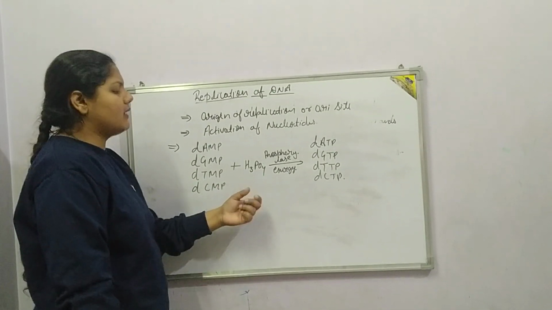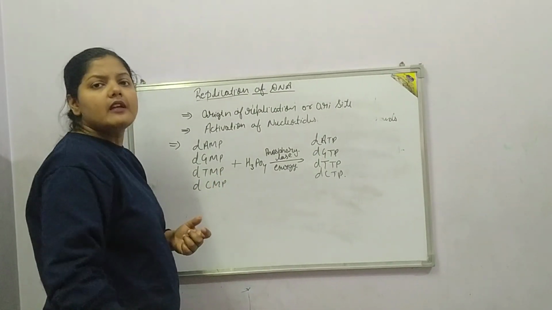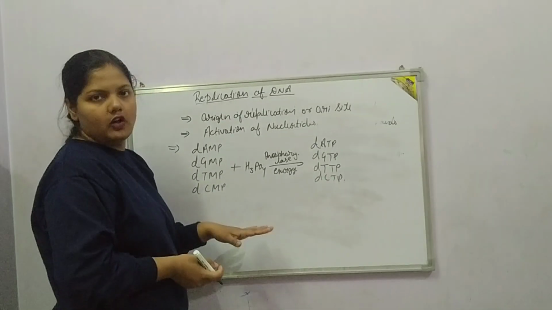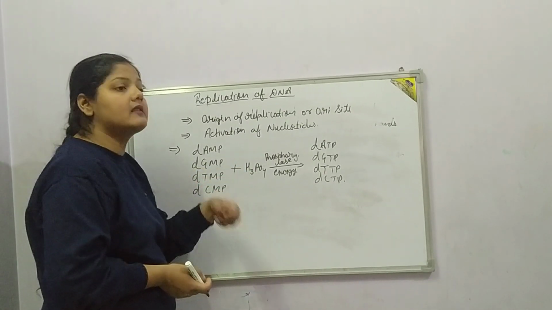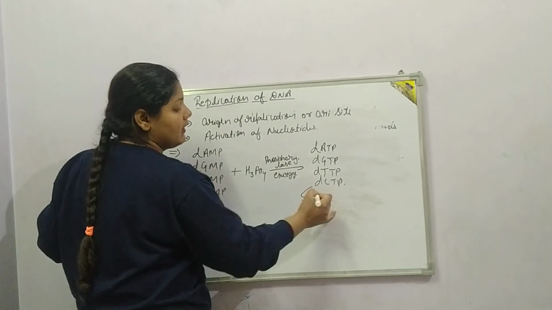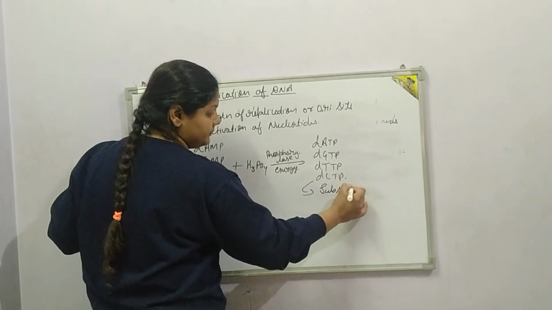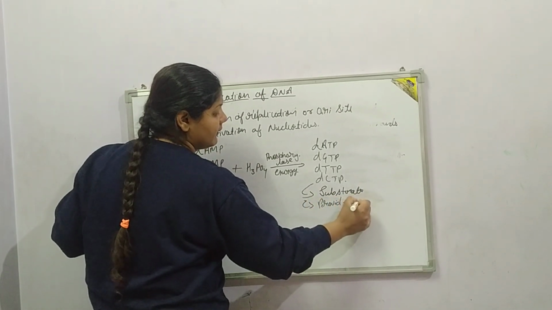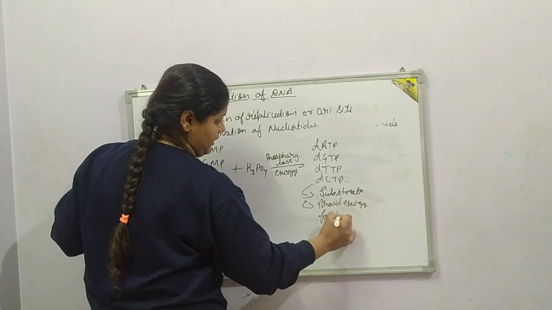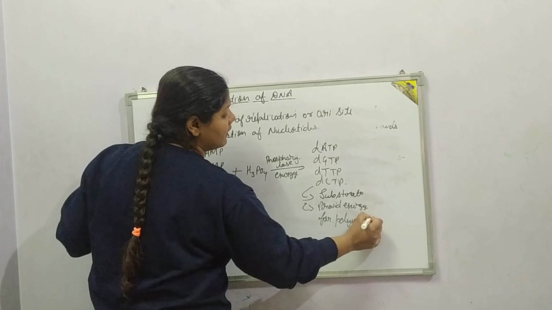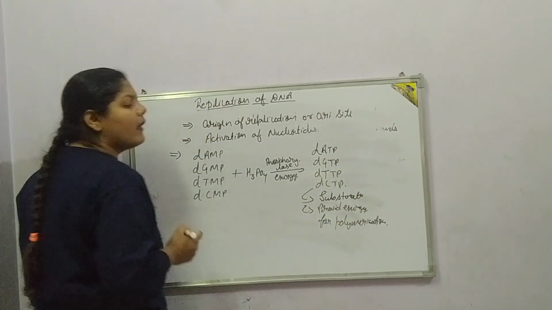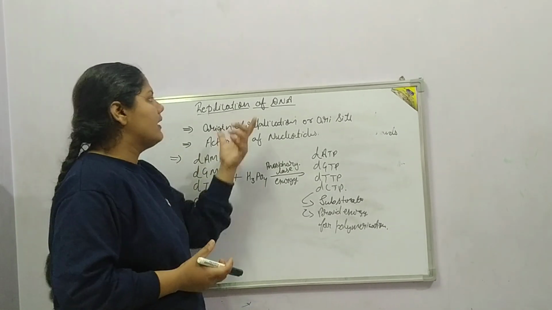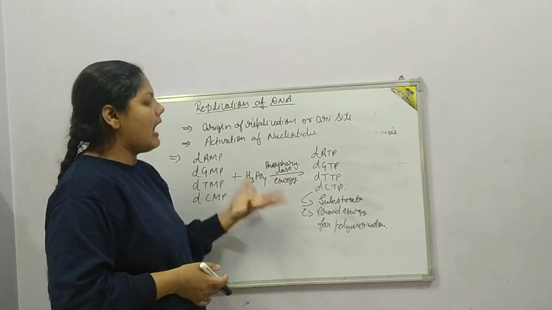Okay, now what is the importance of these phosphates? These phosphates basically help in polymerization of nucleotides also. They provide energy and they act as substrate also. They also provide energy for polymerization. So this is the first basic step of replication of DNA, and after that